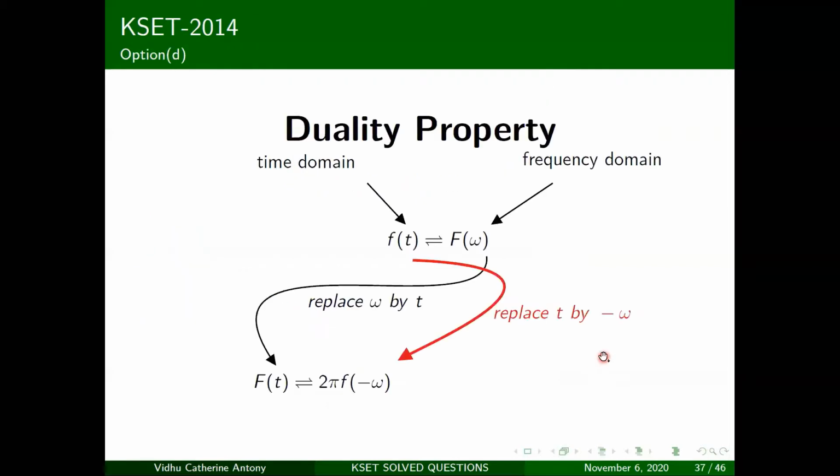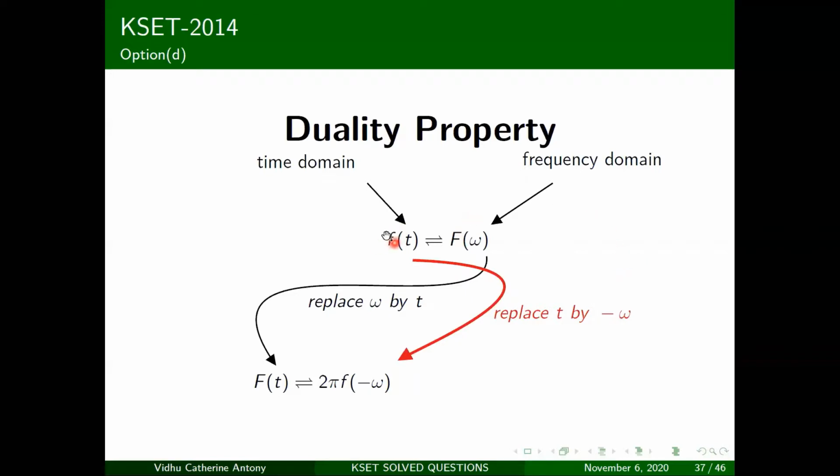What you're going to have to use here is, first you need to solve that problem for the square pulse. That's done in the 2013 paper. So you'll have to refer back there and solve that problem. After that, you need to use something called the duality property. Basically, the duality property is like taking a Fourier transform of a Fourier transform.